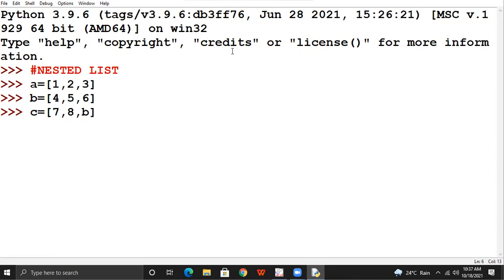I have taken one list A having elements 1, 2, 3.